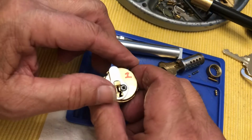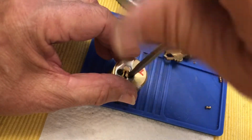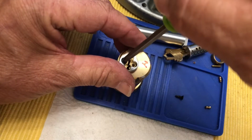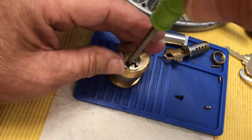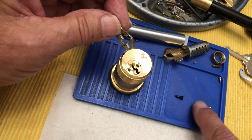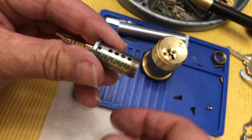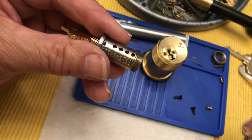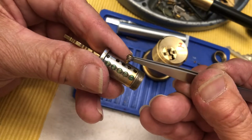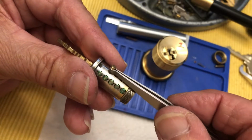And there's a couple things you want to stay away from. A couple of core issues, and we'll talk about those. Some cores, say a Kwikset core, have a lot of construction holes in them. And Schlage cores, Kwikset cores, they have some construction holes. And the issue with construction holes is here's a Schlage core. If you have construction holes in there, and you pick it or open it with a key, these little pins can drop in here and seize up the lock. And you don't really have a way to get the lock open